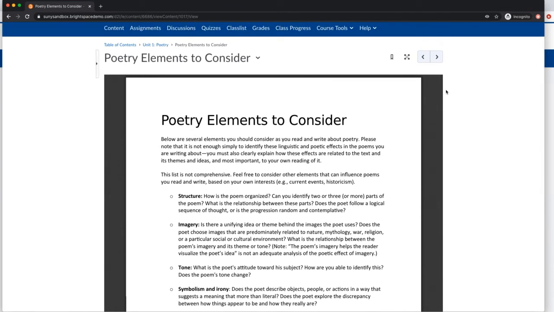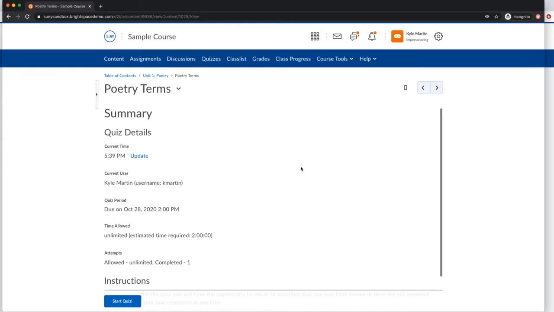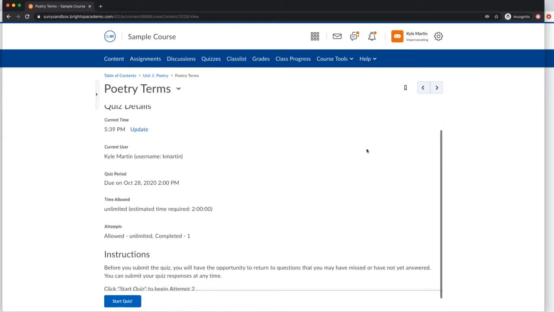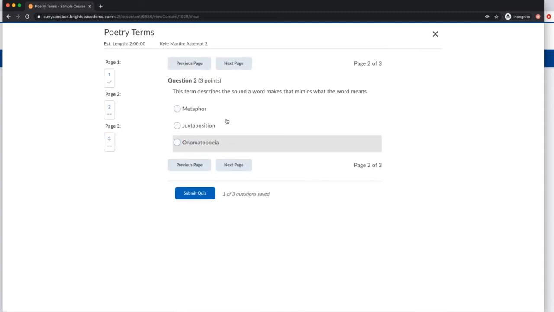And again, allowing me to preview all this information before I dive into my assessment is very great. Looks like one of the steps here, as I'm going through this module, is to actually complete a quiz. So I'm going to go ahead and start that quiz and go through the functionality here. Okay, so really going to test my English knowledge here in terms of poetry terms. So I'm going to go ahead and go through this quiz, see if I can get a good mark here